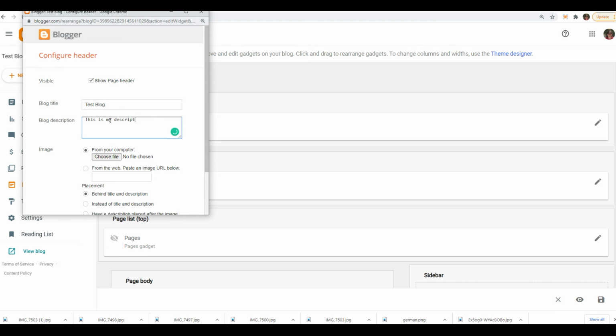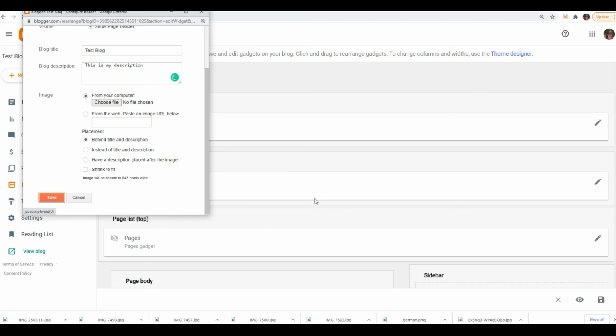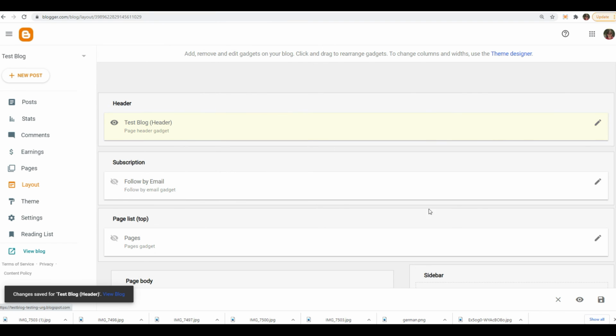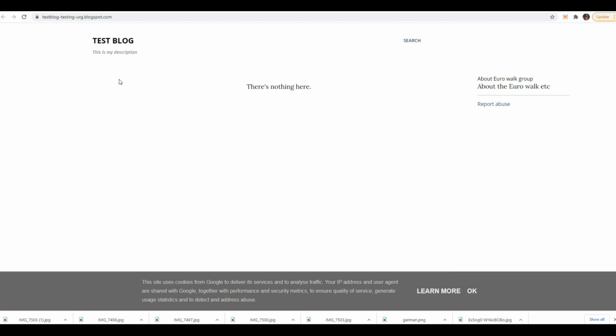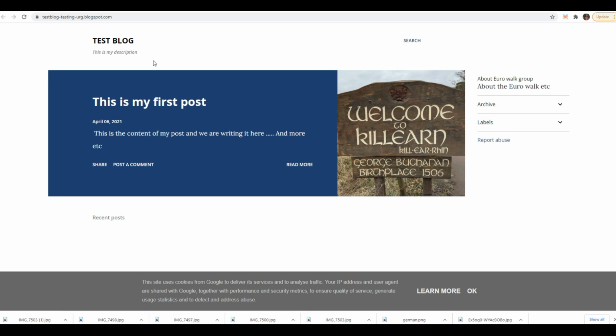So if you click the wee pencil thing, that lets you edit that. The view blog thing here on the bottom left of the screen lets you view what your blog looks like as you're working on it, which is quite useful. And this didn't quite show up because I think I hadn't published my post at that point, so that's not very interesting. But the next screen I'll show you what it should have looked like, and that should show you what it actually looked like. So that's my first page, and